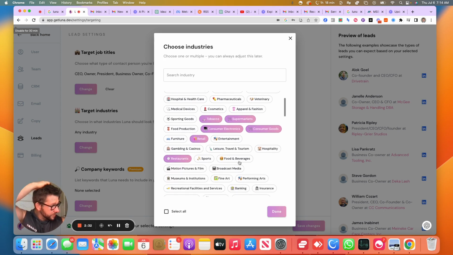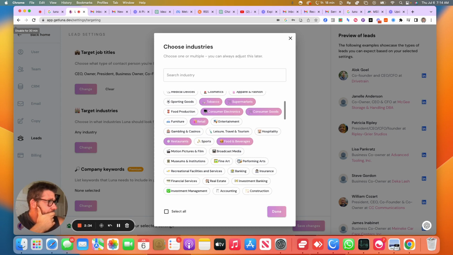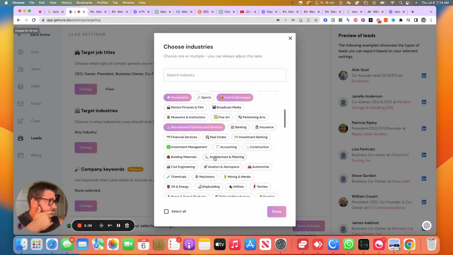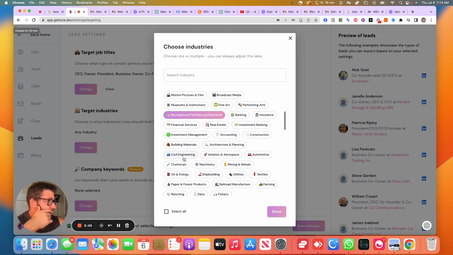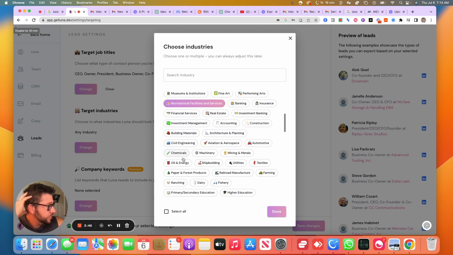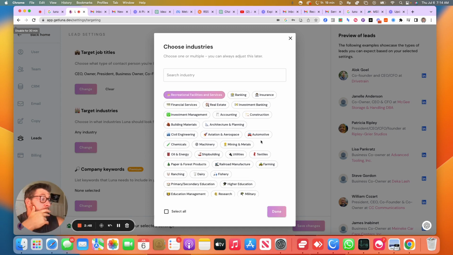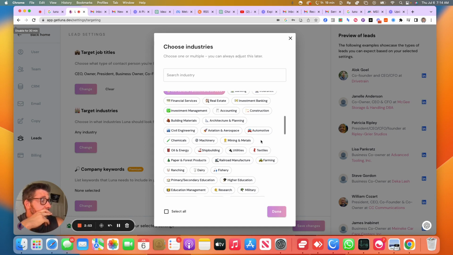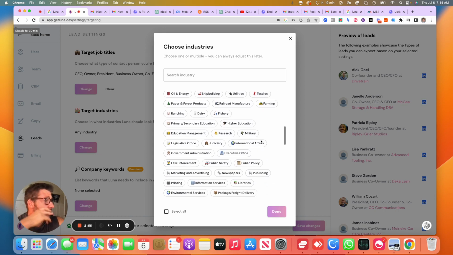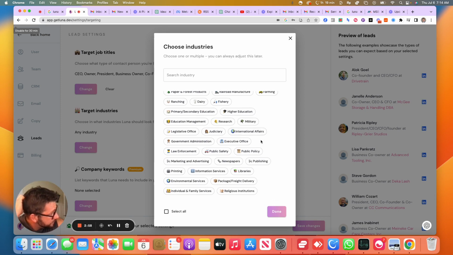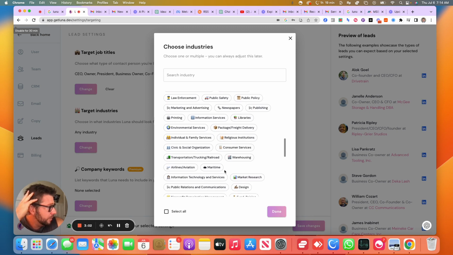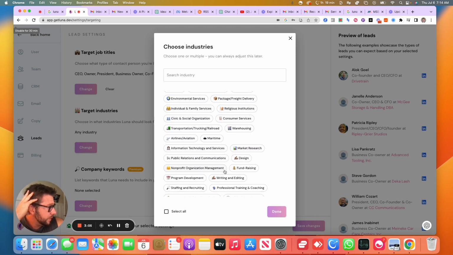We don't want to do too much. Let's do food and beverage. Recreational and fitness facilities, you brought one of those on. Building materials, architecture, planning, aviation, aerospace, automotive, civil engineer, chemicals, machinery, mining materials. Oh, this is where we could actually do a joint partnership with a group I know, and that's who I should be talking to. Okay, judiciary, legislative, government law, marketing, advertising, newspaper, public, executive. I want everything that's brick and mortar primarily, though. That's going to be one of our biggest requirements.